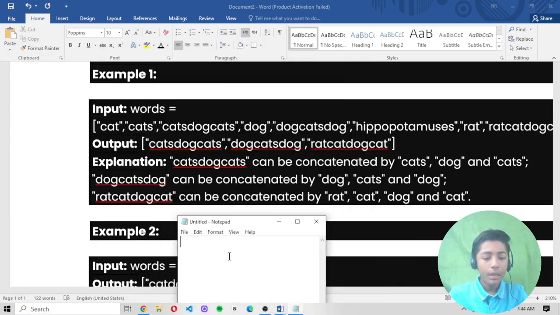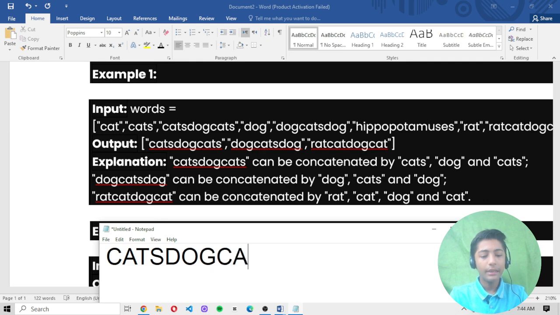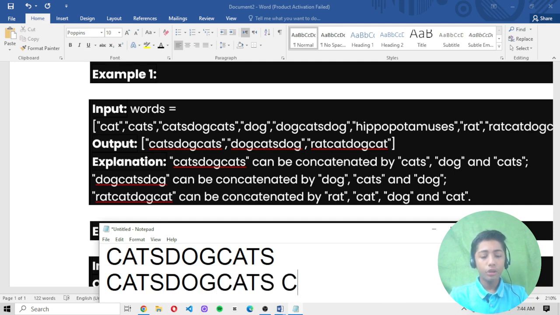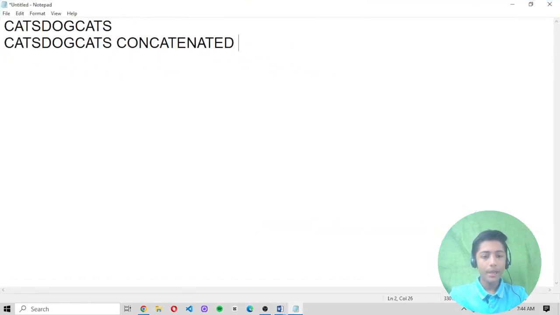The first output is cats, dog, cats. Why? Because cats, dog, cats is concatenated by cats, dog, cats.